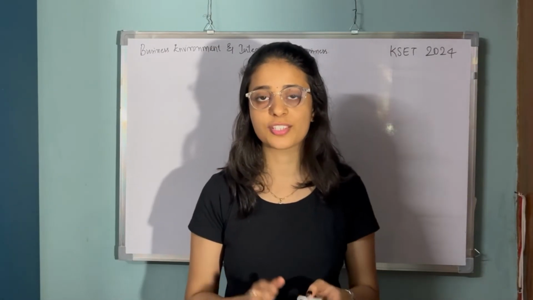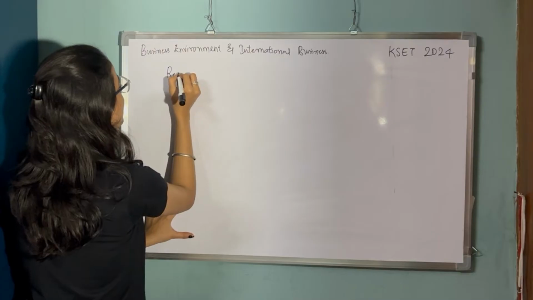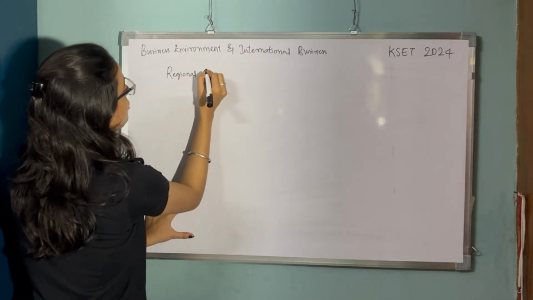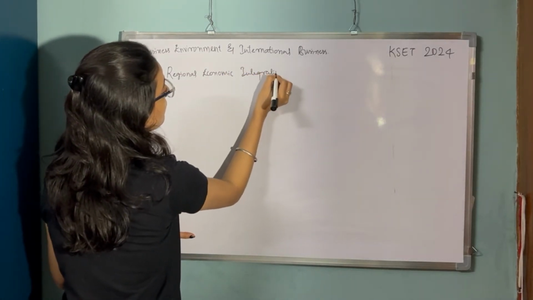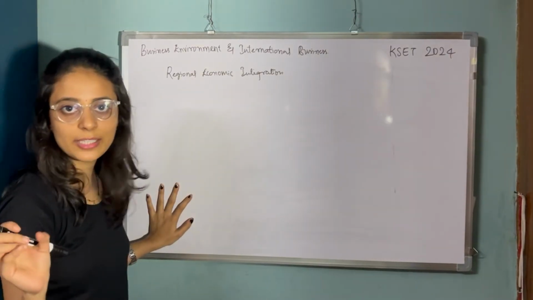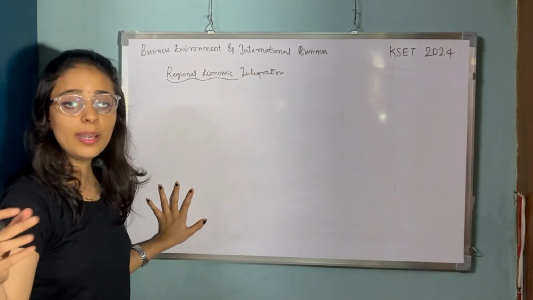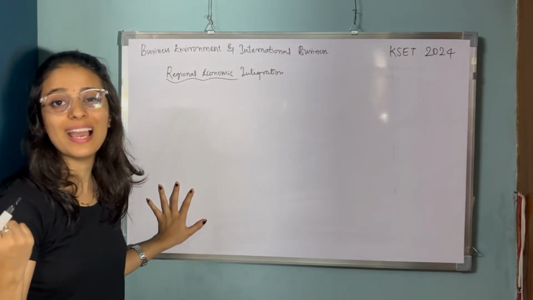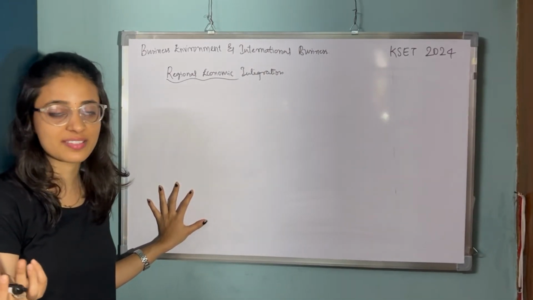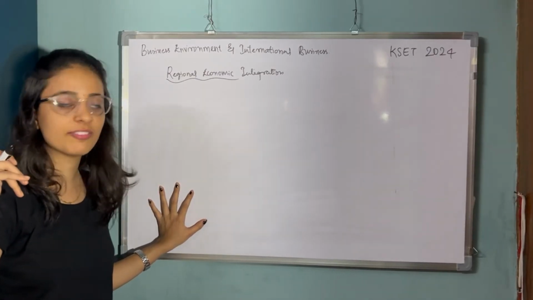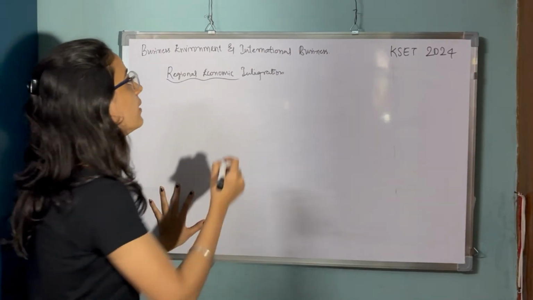In the concepts of globalization, a very important thing to understand is regional economic integration. So what is integration? Coming together, association, right? Regional economic integration is when member countries come together to eliminate or to reduce the tax burdens. We just looked into tariffs and non-tariff barriers, right? To eliminate or reduce those tariff burdens so that there's a free movement of goods and services or capital. So this is nothing but